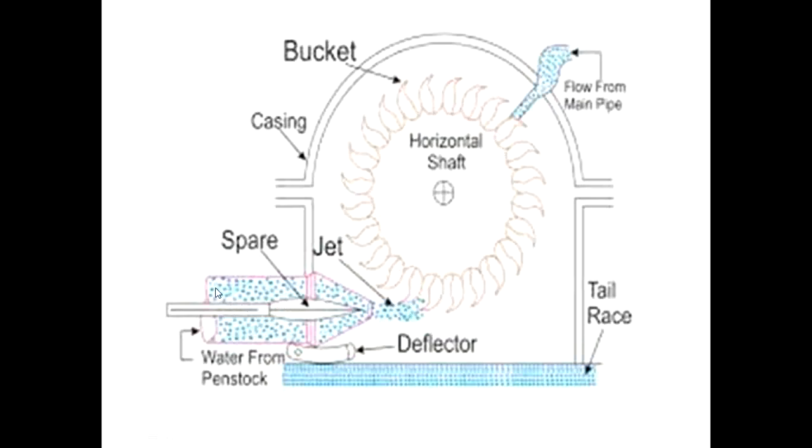So what will happen here: from the reservoir, water will flow through the pipe and then go to the nozzle. In the nozzle it will be expanded to a small jet of water, where the potential energy of the water will be converted into kinetic energy. That kinetic energy is the hydraulic input to your turbine, and then that will be converted into mechanical energy in the rotor. Let us see how it will happen.